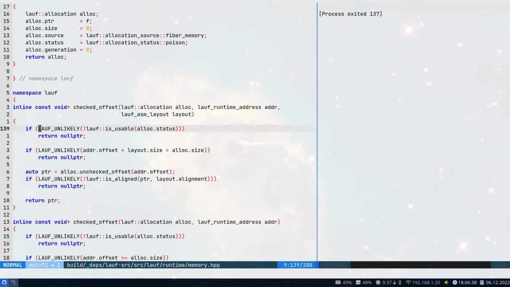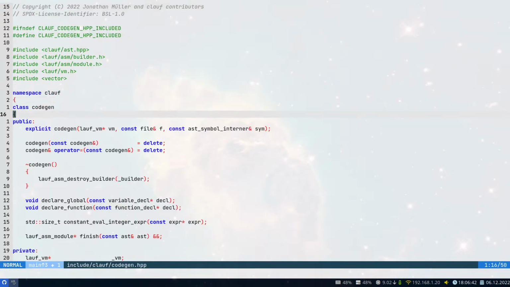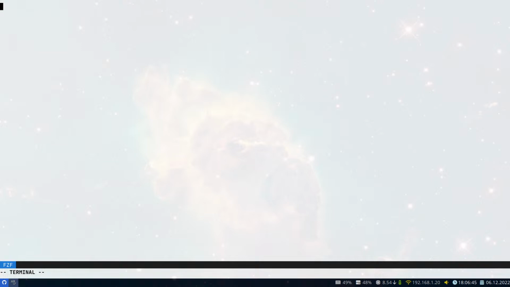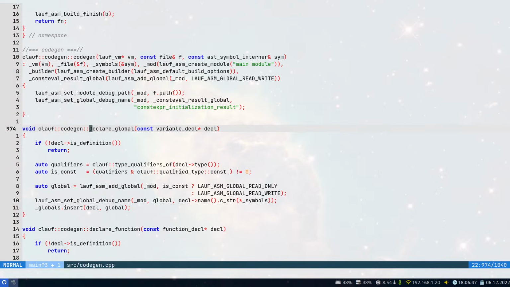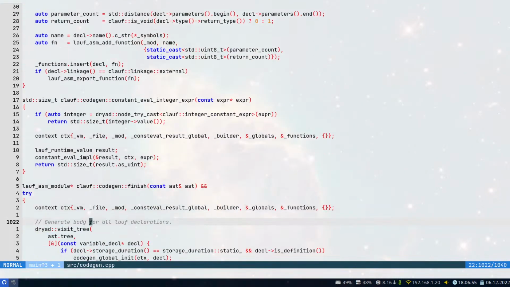Because by this point, we haven't initialized the global yet. We called declare global for our global size variable, which adds it, but doesn't add an initializer. So we need to initialize that thing by this point already. So